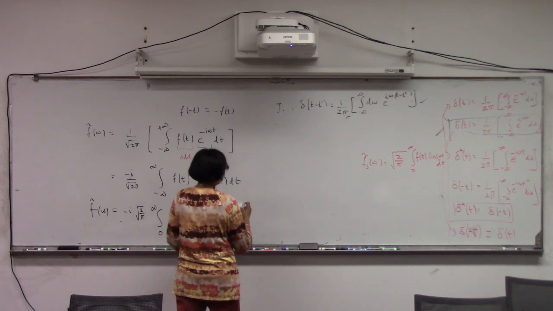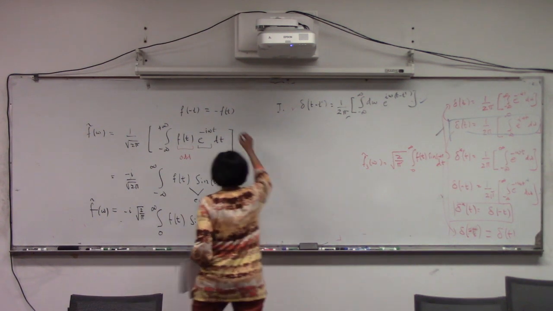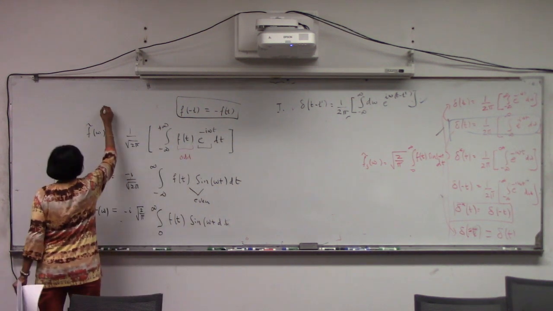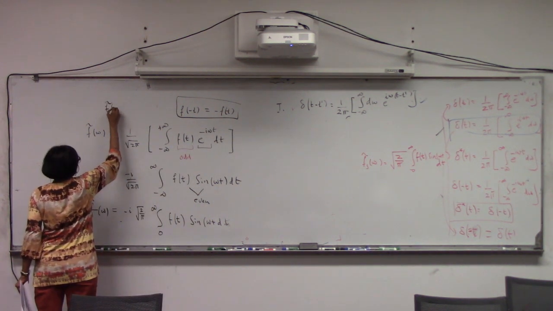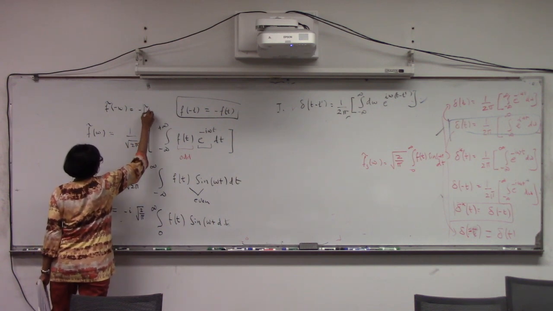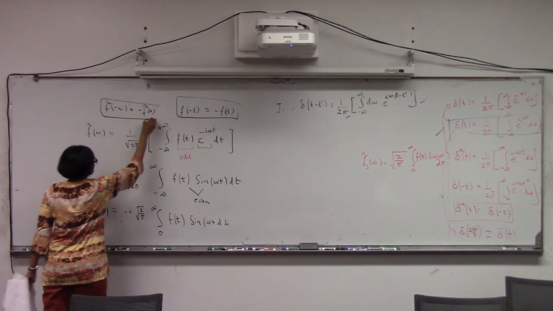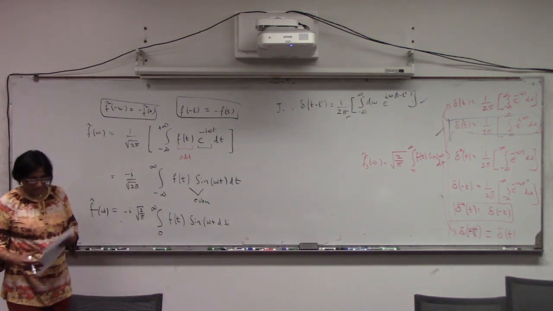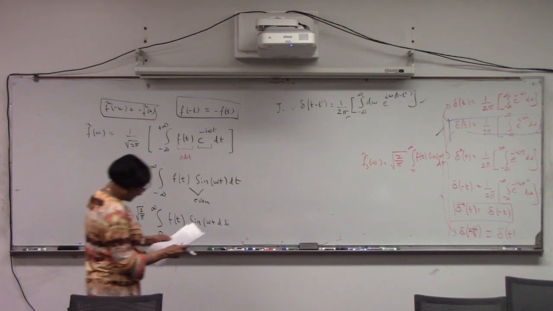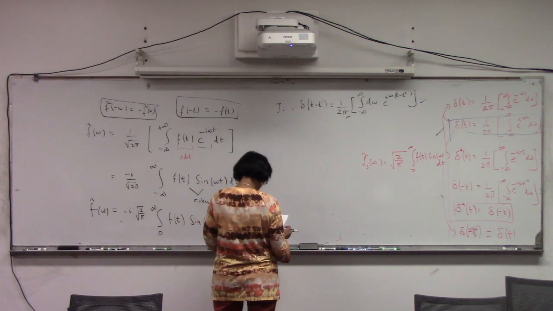So one of the things that we have to recognize is, if this is true, I also have f tilde of negative omega is also negative of f tilde omega. That is, in the other space, the function is odd also. That is something you have to know. If this is the case,